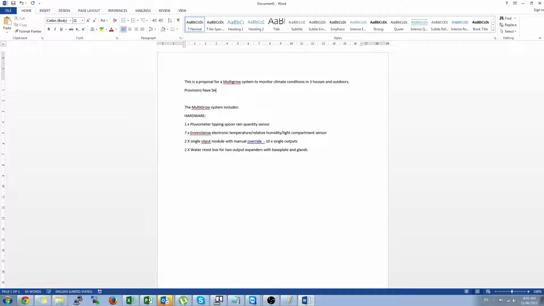Provisions have been included to trigger an output for a frost condition. Cool. Autogrow systems includes hardware: 1 times touch screen multi-grow,